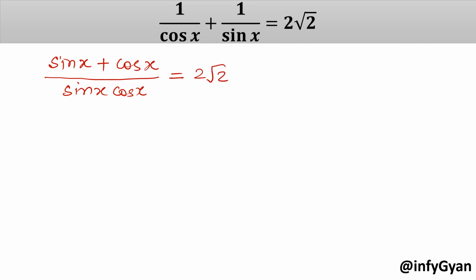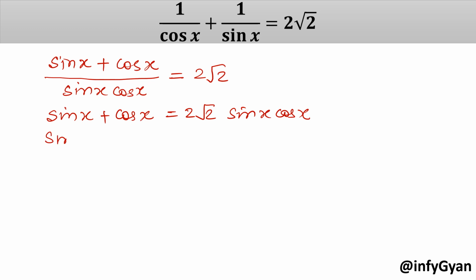Now cross multiply the terms. So sin x plus cos x equal to 2 root 2 sin x cos x. Take all the terms to the left side. Sin x plus cos x minus 2 root 2 sin x cos x